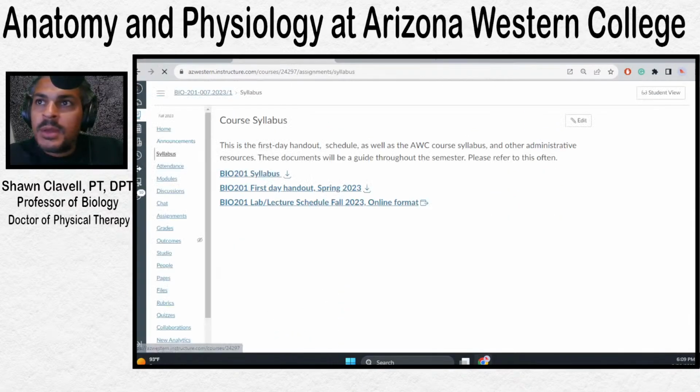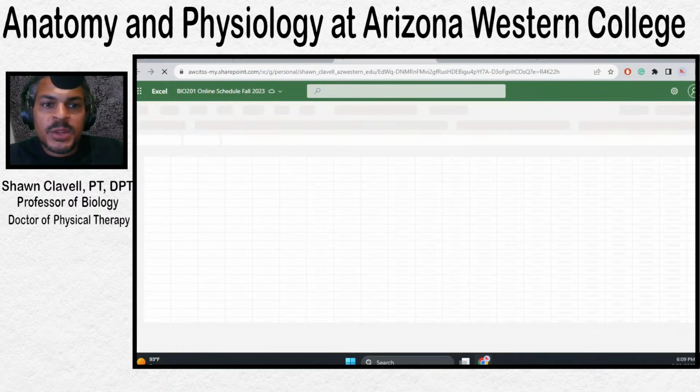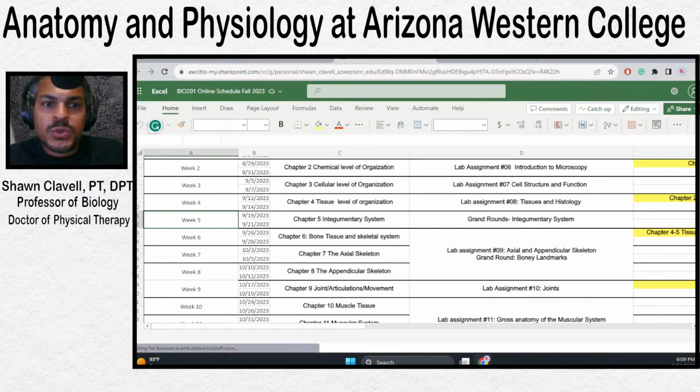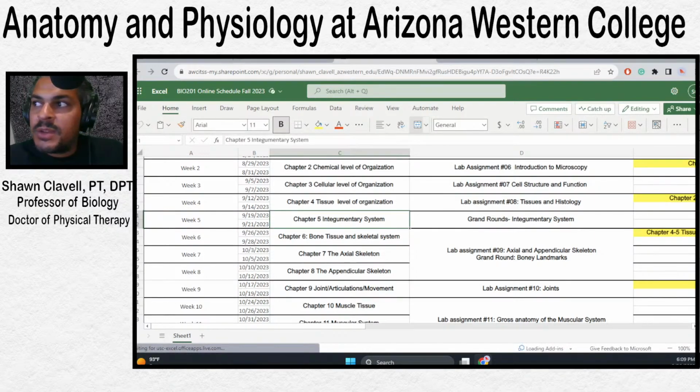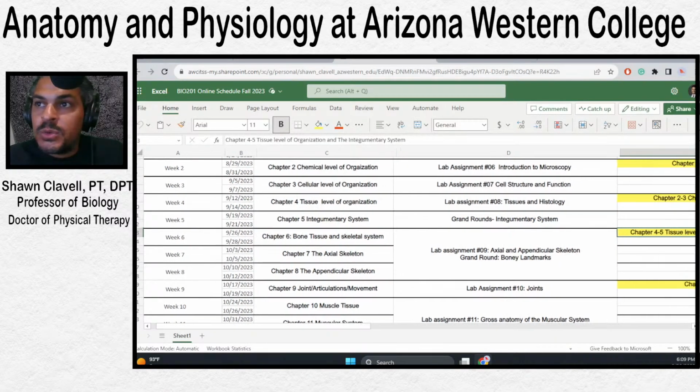Let's take a look at this schedule right quick. Again, we're in week 5 here, so we're looking at the integumentary system, running through each of the chapters of your textbook once a week. We're trying to cruise through the first quarter of the semester. We're right here, week 5, the integumentary system. We're going to introduce some grand rounds this week. That's our lab assignment. You'll take a look at that,